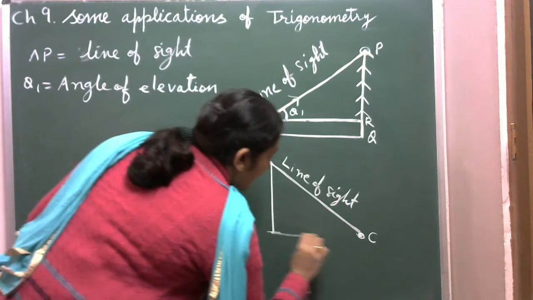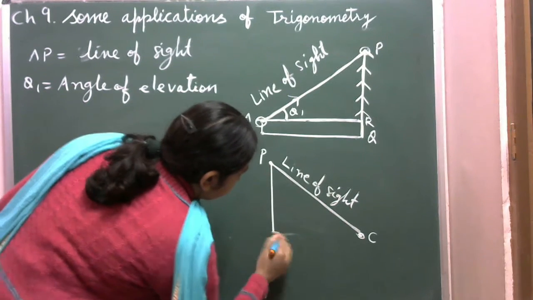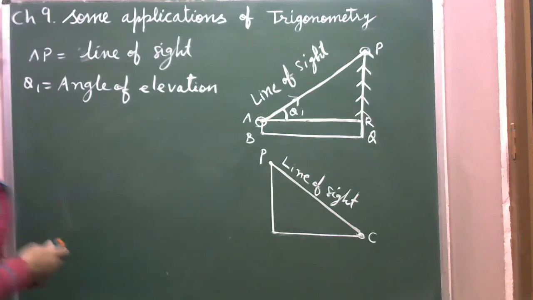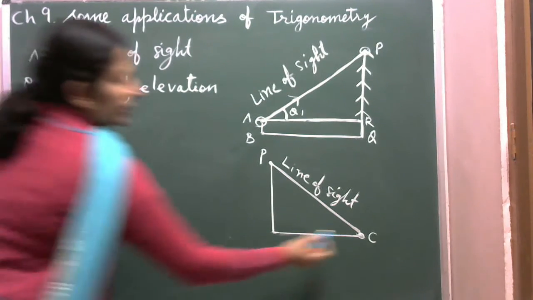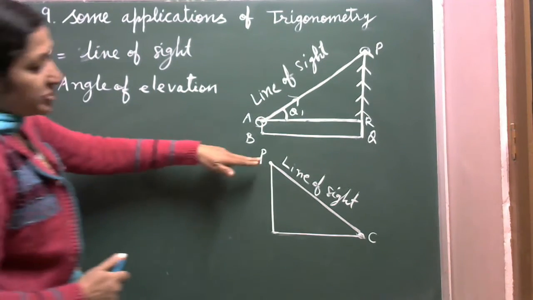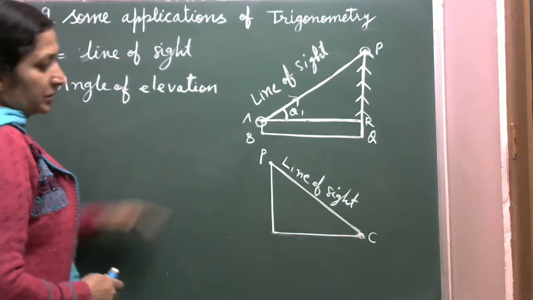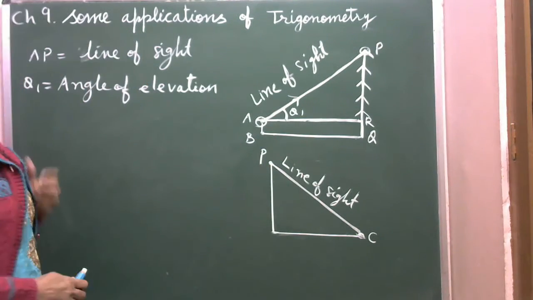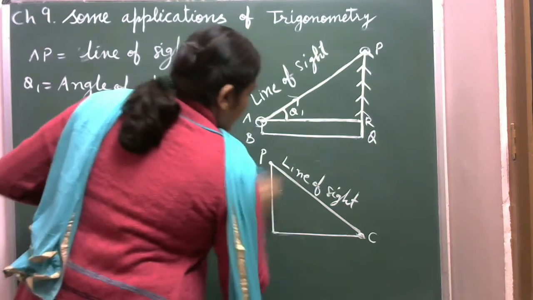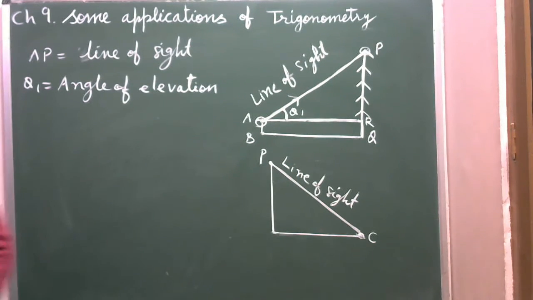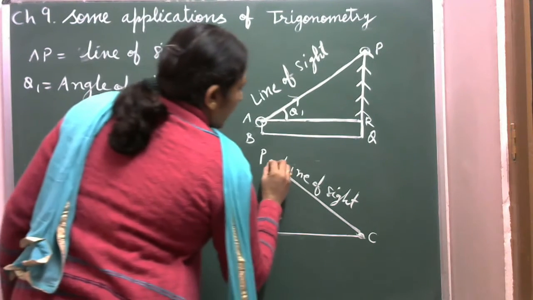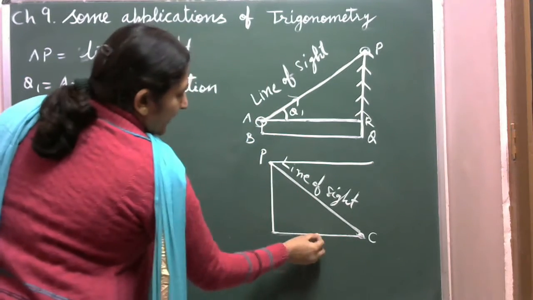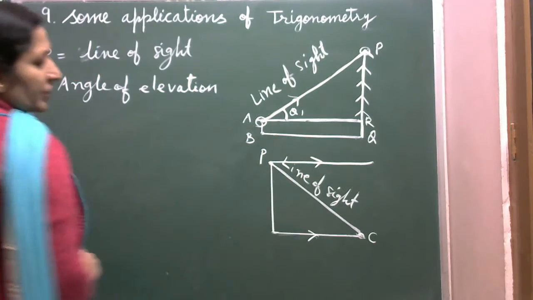And here if we join this horizontal line, it is the horizontal line. Now here the object is below the horizontal line, नीचे की तरफ है, उसको जब देखना है तो वो नीचे की तरफ देखना है. Now what will be the angle? एंगल जो है horizontal line हम यहाँ से बनाएंगे. We will draw a line parallel to the horizontal line passing through the observer's eye. यहां से हमने इस लाइन के पैरेलल ये वाली लाइन ड्रॉ कर दी.